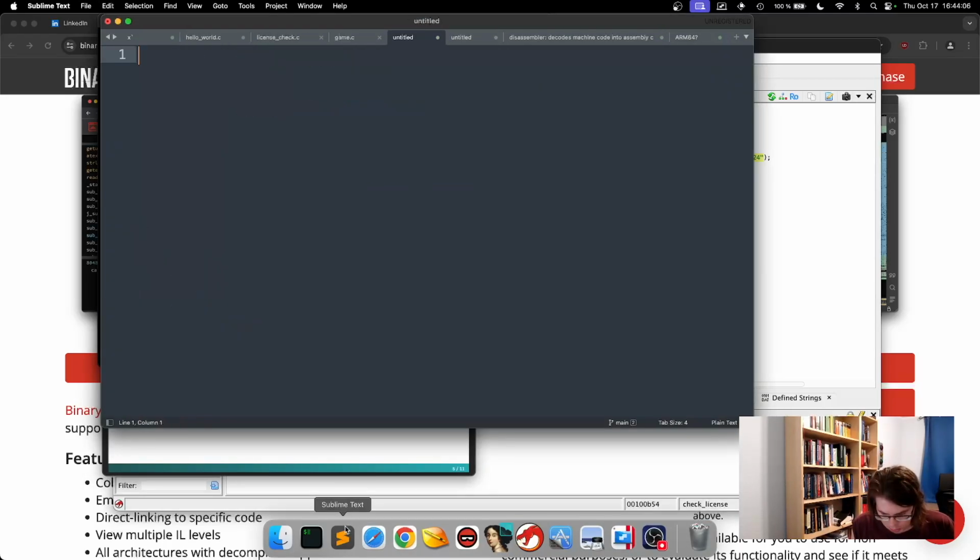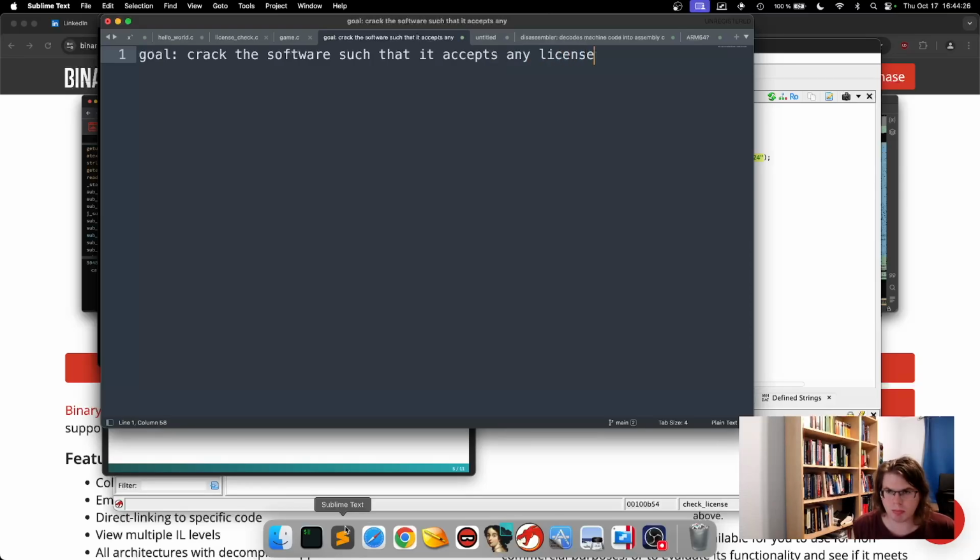So basically our goal is to rewrite the software, or to crack the software such that it accepts any license. This would be our goal. And then,